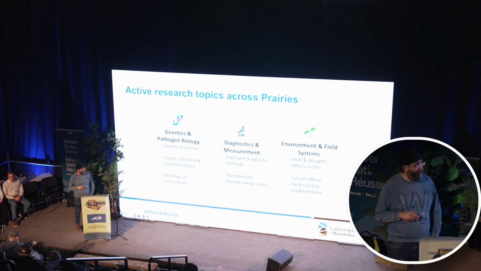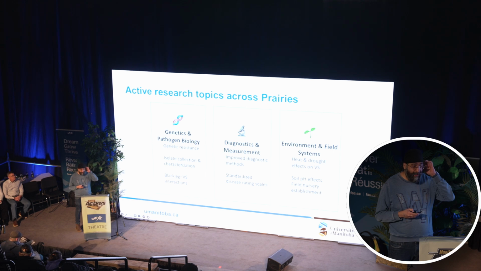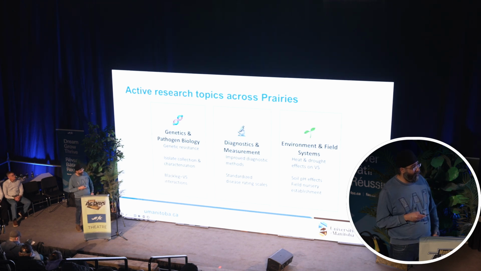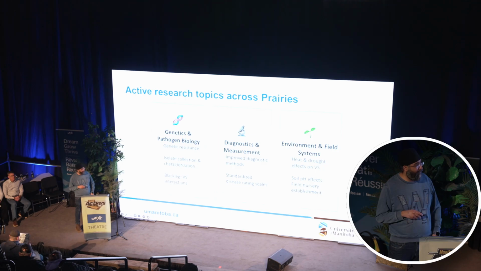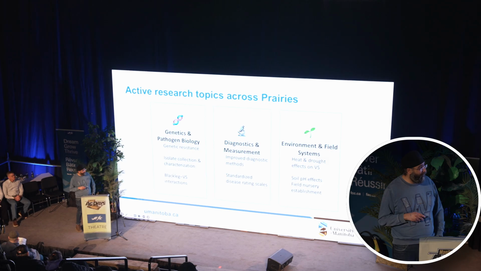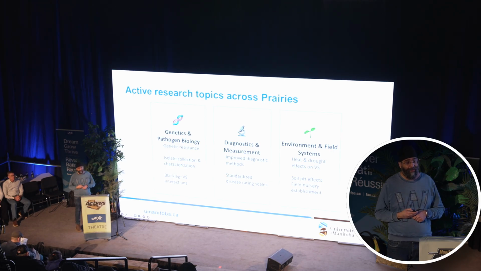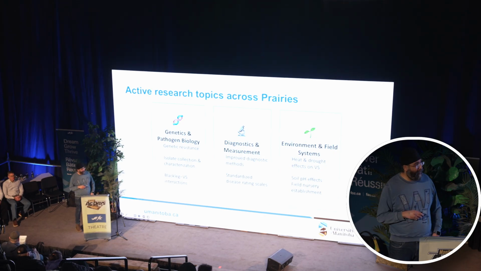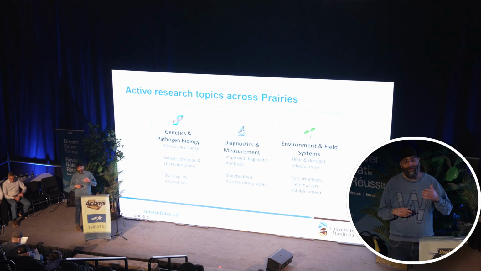Then we also are studying the effect of environment, particularly drought and heat. We know that verticillium is impacted by those two things, and me and other researchers across the prairies have been studying in that direction. Last but not the least, effect of soil pH. How does this impact verticillium disease establishment and progression in a plant? And we also have folks at AFC in Morden who are trying to establish field nurseries, so we can get you that answer of how much yield is lost because of verticillium.